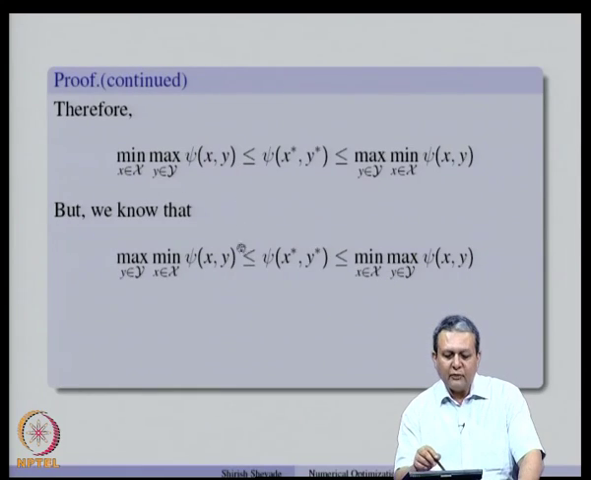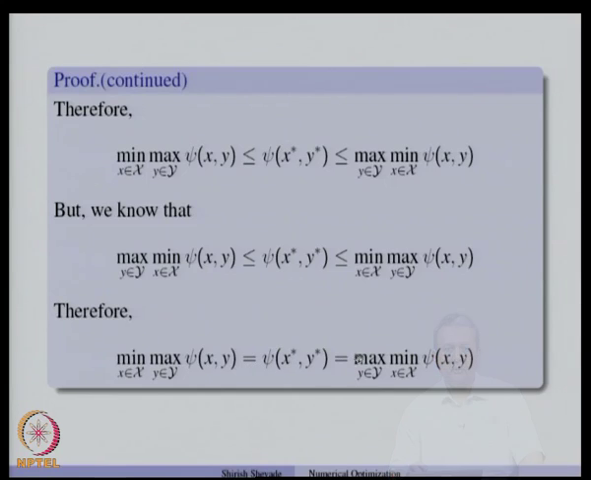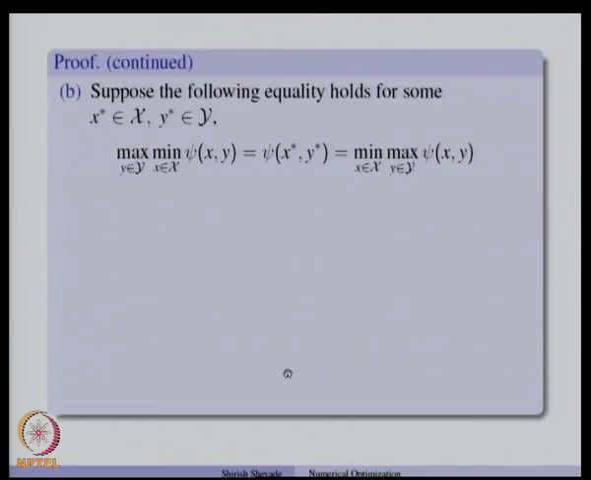So, if we combine these two conditions, then for this game we can say that min max psi x y is equal to max min psi x y, and that is equal to psi of x star y star. So, this proves the first part of the theorem. Now, the second part,